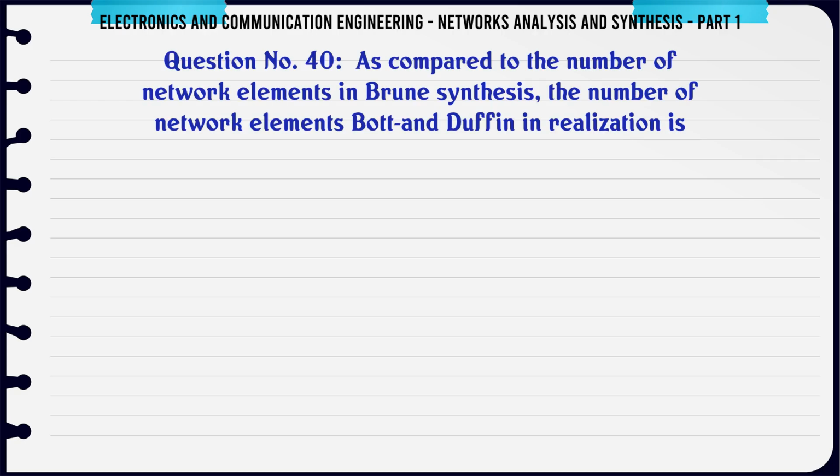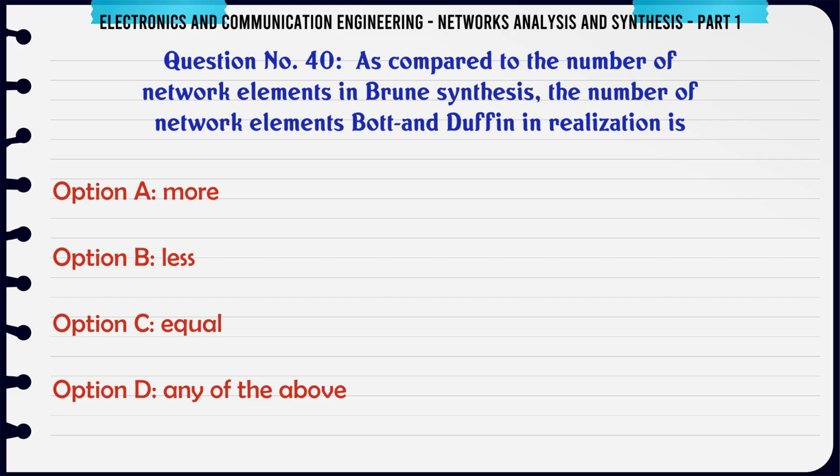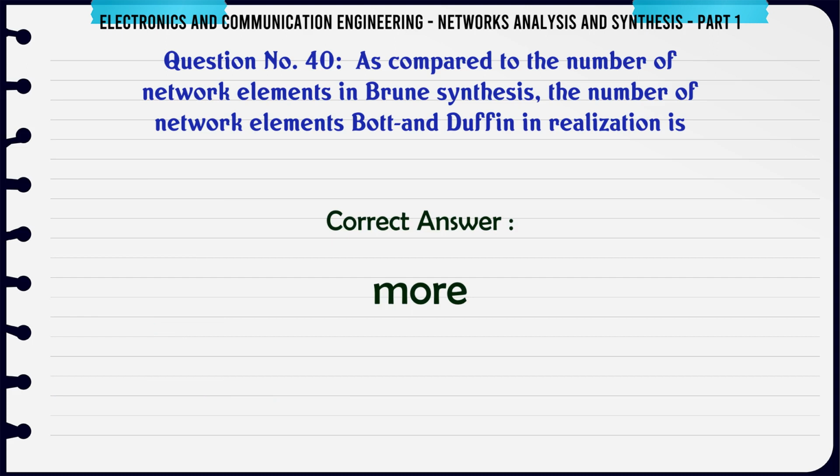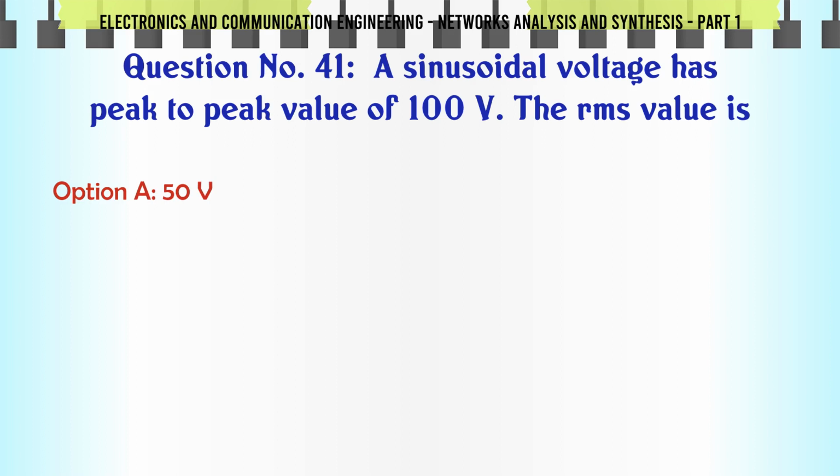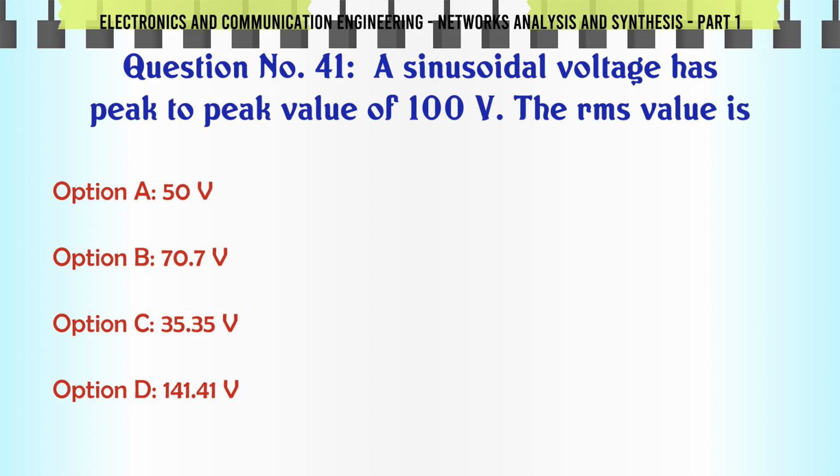As compared to the number of network elements in Brune synthesis, the number of network elements in Bott and Duffin realization is A more, B less, C equal, D any of the above. The correct answer is more. A sinusoidal voltage has peak-to-peak value of 100 V. The RMS value is A 50 V, B 70.7 V, C 35.35 V, D 141.41 V. The correct answer is